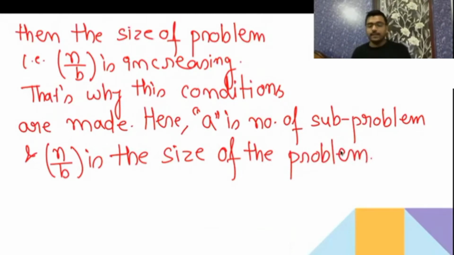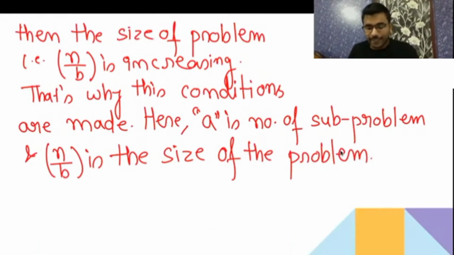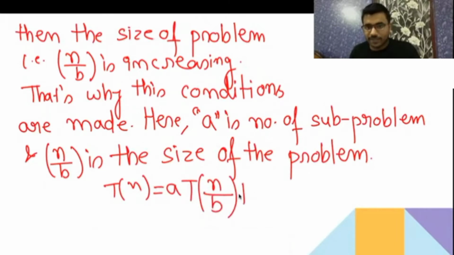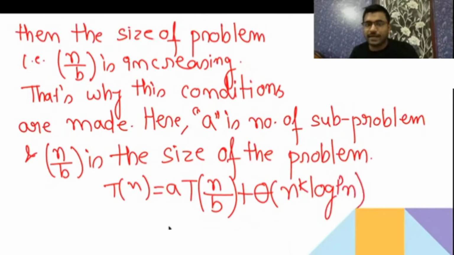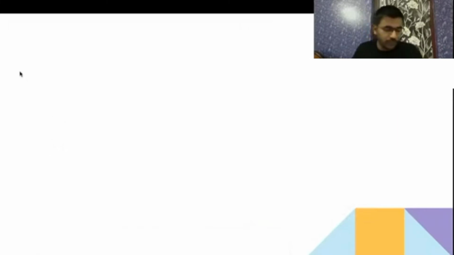So first we will see that the equation should be T(n) = aT(n/b) + Θ(n^k log^p n). If the equation is in that way, then we are going to compare a and b to the power k, and based on that, we are going to get some conditions. So now write,